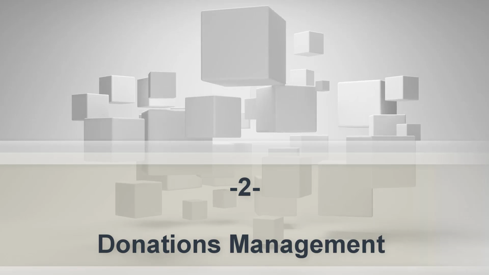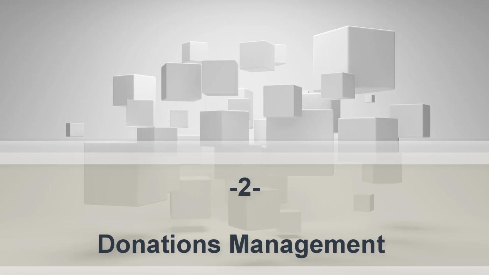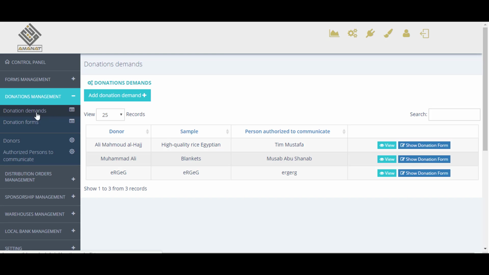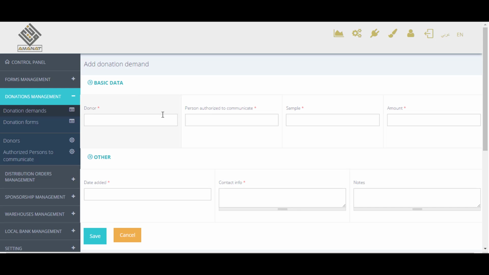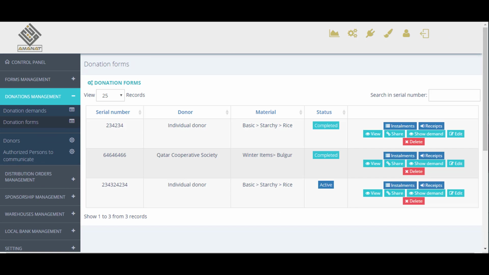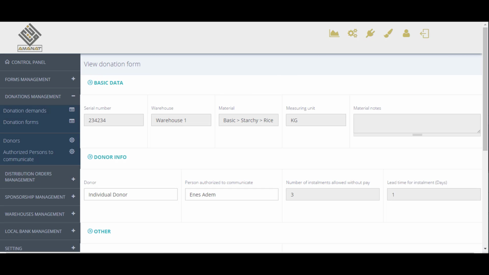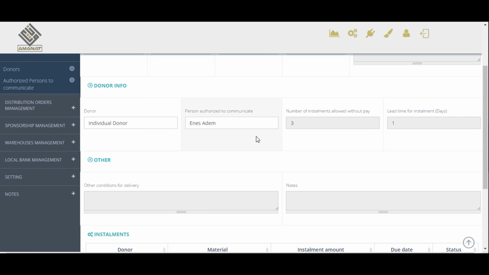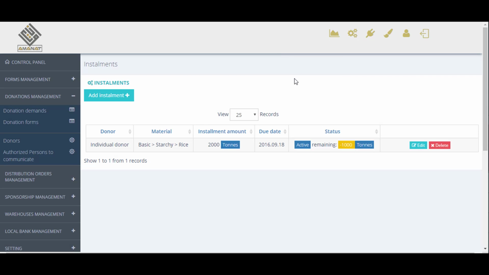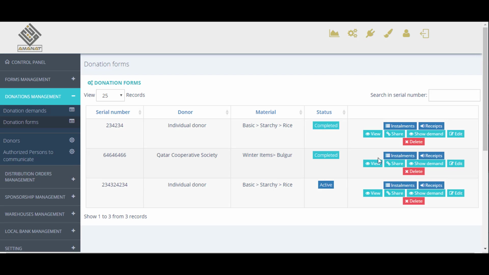Now, let us introduce the second module, which is the Donation Management Module. You can receive donation requests in different forms. For example, a cash delivery system, or even projects such as digging a well or building a school with more relative details. There is a process for each donation project that starts with studying the applications and the requirements of the request. After the agreement of both parties, the donation operation is scheduled into action steps to be trackable through the execution. You can also share these details with donors by sending the sharing link for tracking and following up